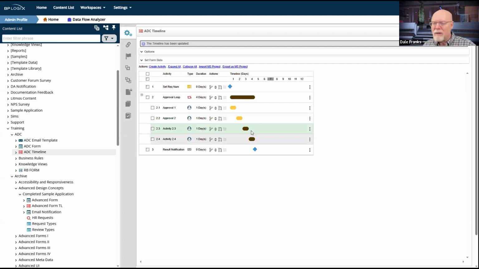Now, for some reason, I have this set to brown as the default color, which I don't particularly like. I want to go back to this nice orange color over here. So we'll have to configure this a bit later. But now I've got my 4 child activities, approval 1, approval 2, activity 2.3, activity 2.4, all of which will need to be renamed.